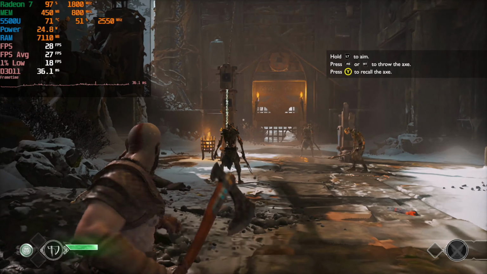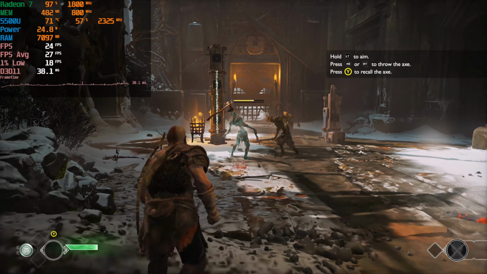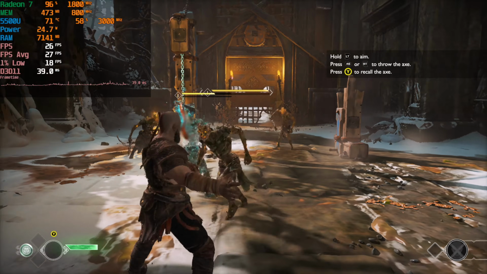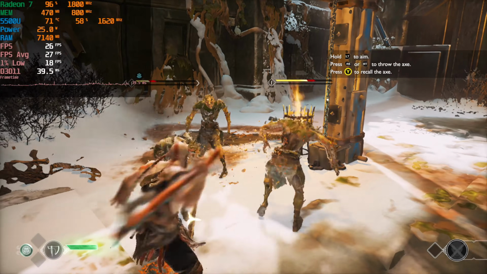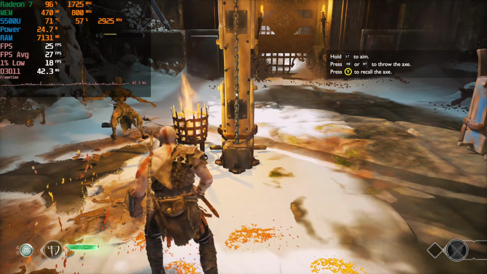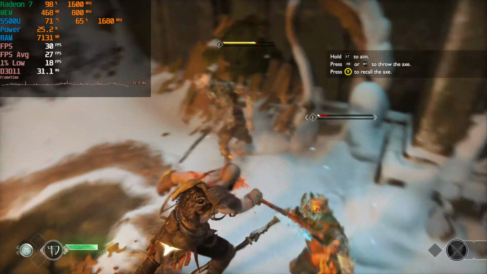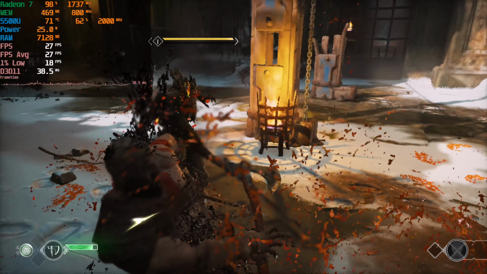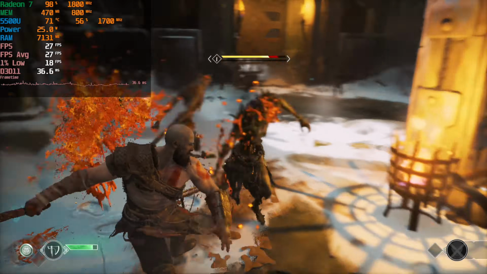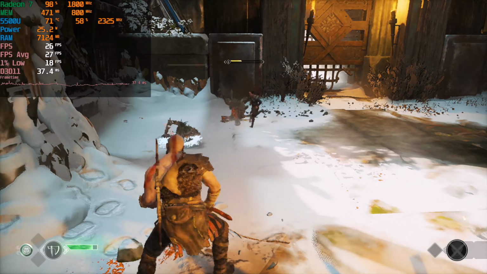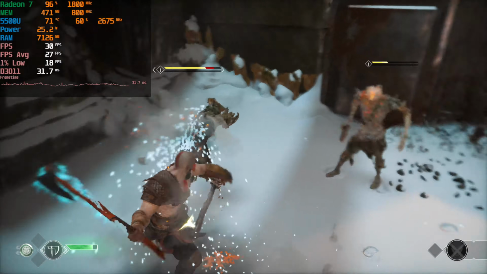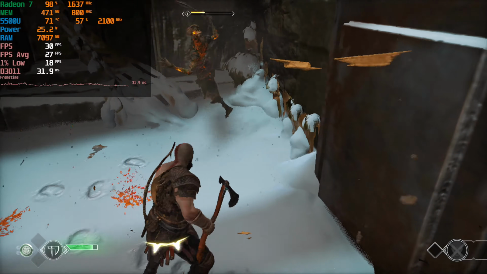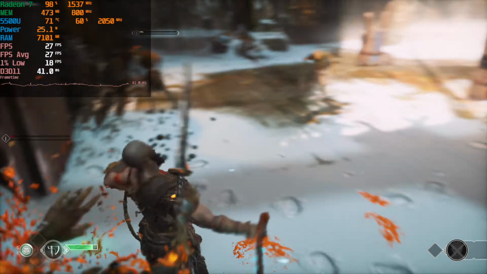Now I'm using the built-in temporal upscaler that the game comes with. I'm not using FSR or anything like that because I personally don't like how FSR looks in this game compared to the temporal upscaler that it actually already has. For that reason, I don't use FSR. If you're a fan of FSR, if you like how it looks compared to this, then you could always just use that. It's going to be the exact same render resolution target as if we were using FSR in performance